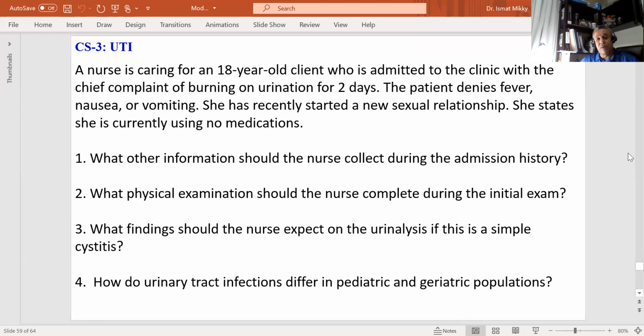Now the difference, as we compare number 4, which is the comparison of urinary tract infections (UTIs) in peds versus the geriatric population. In both populations there can be an increased incidence with increased morbidity and mortality. The incidence of UTIs is increased in young females due to the straight and short urethra, which enhances the ability of the bacteria to enter the bladder. Frequent infections are associated with chronic kidney changes,